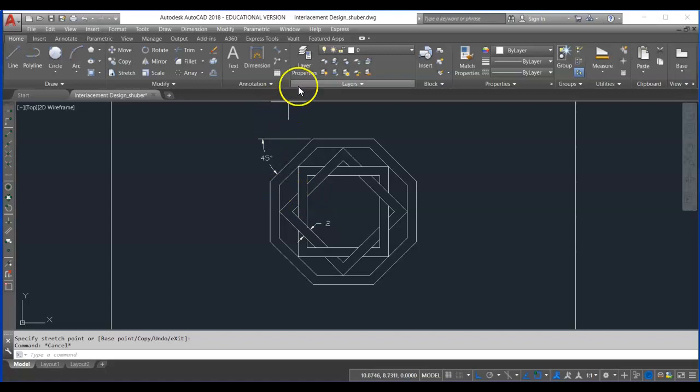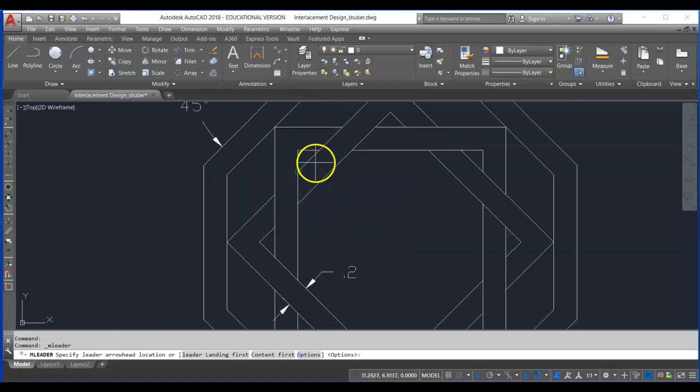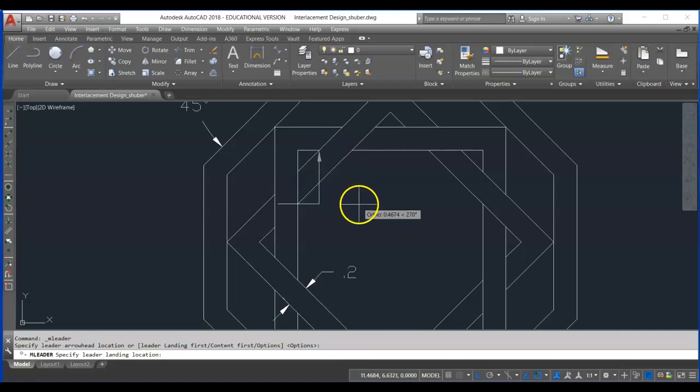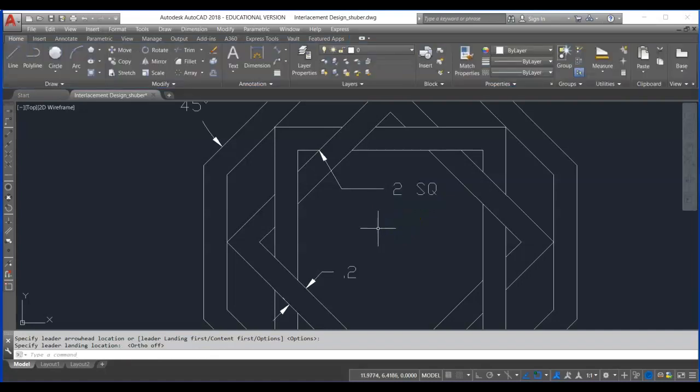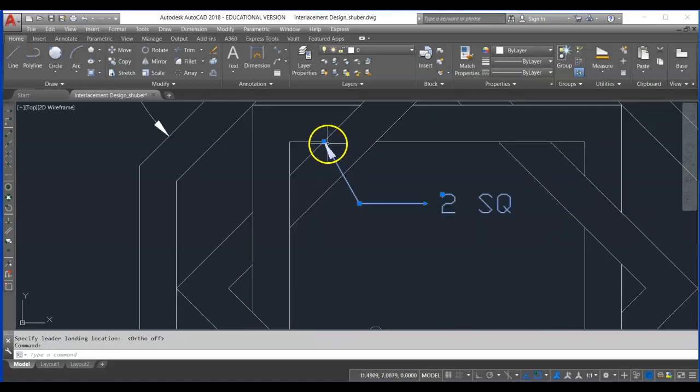Alright, the next thing is we're going to use a leader to put the final dimension in. And with the leader, you have to watch. We're going to snap to here, and then we're going to move it later. Turn my ortho off. And when we have this leader, we're going to type in 2-inch square. Problem is I already have this text changed, and I'm going to move this down here